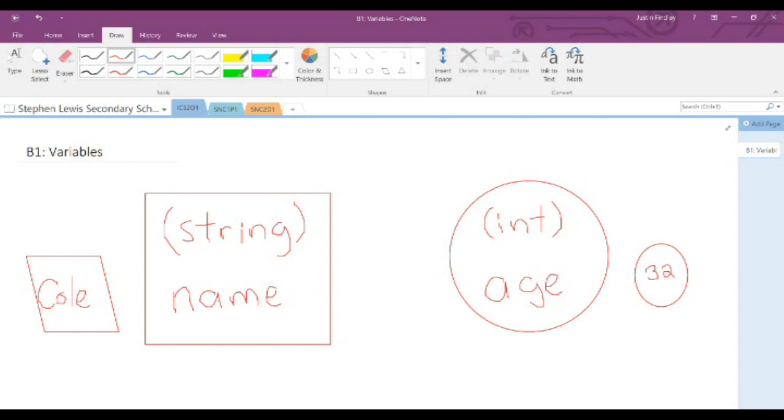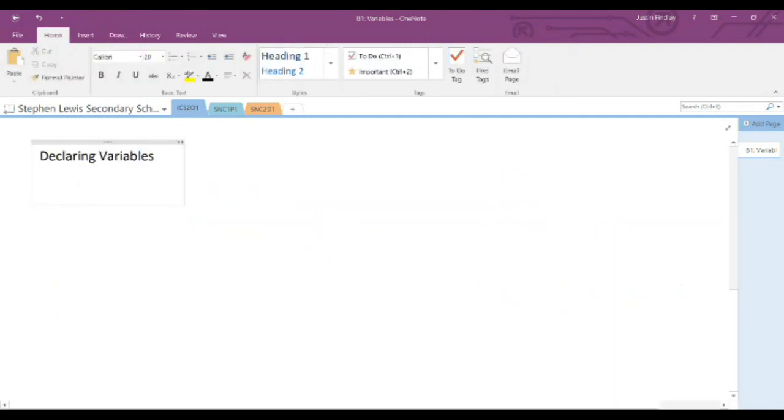Before we can use our variables, we have to declare them, which is a way of setting up a space in the memory to store that information. We need to set up the type, and we need to set up the identifier. When declaring variables, we start with the type, and then we include the name or the identifier afterwards, and end with a semicolon. So as an example,